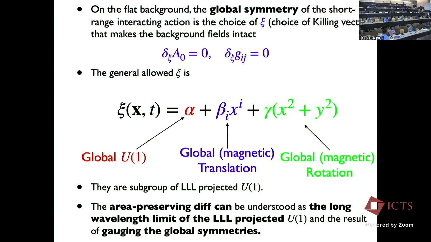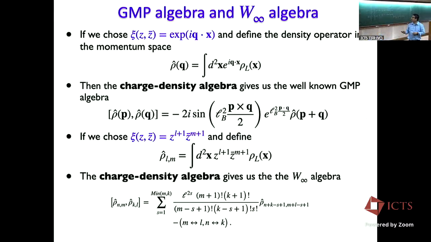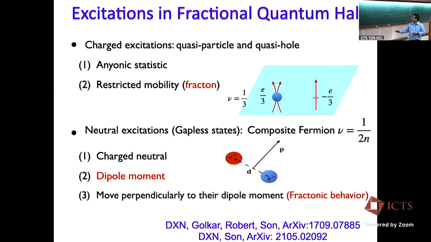There's something that one can say about the half-filled Landau level. The half-filled Landau level, yeah. So when you have the half filling, then you have the Fermi state, and then because of the high rank symmetry, the composite fermion can only move perpendicular to the dipole moment. That is a consequence. And I think that people who do fractional quantum Hall knew this long ago. They know how the composite fermion moves, perpendicular to the dipole moment. But yeah, I saw that we can derive this using the high rank symmetry argument.